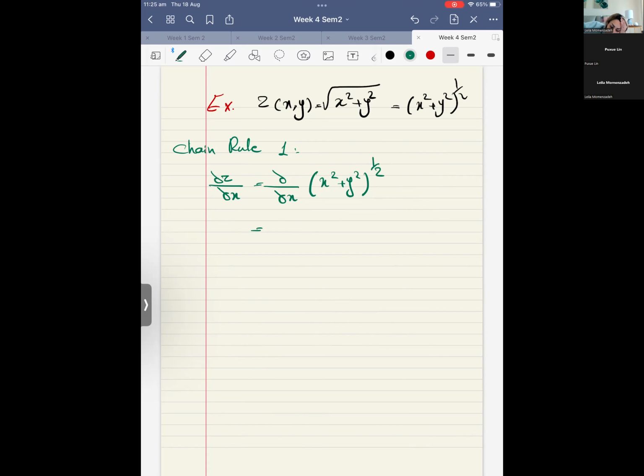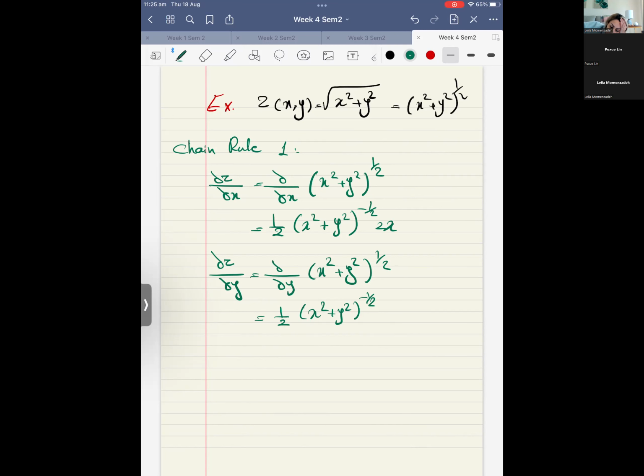It would be equal to 1/2 (x² + y²)^(-1/2) times 2x, and ∂z/∂y is equal to ∂/∂y of (x² + y²)^(1/2). It would be equal to 1/2 (x² + y²)^(-1/2) times 2y. Now